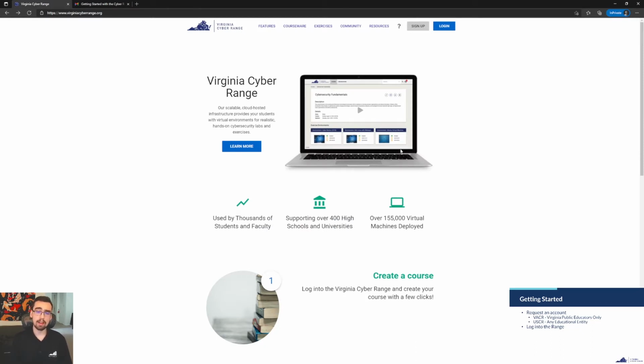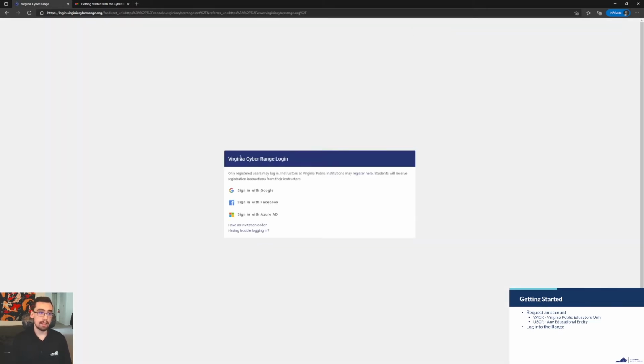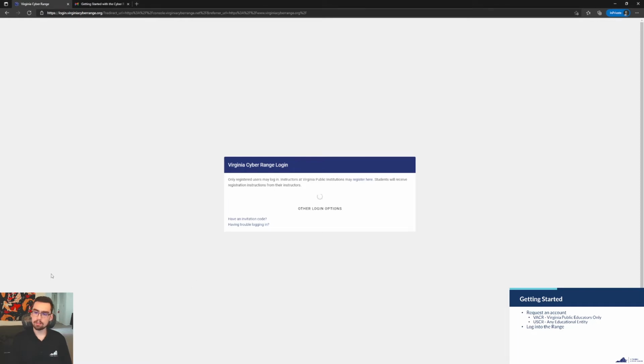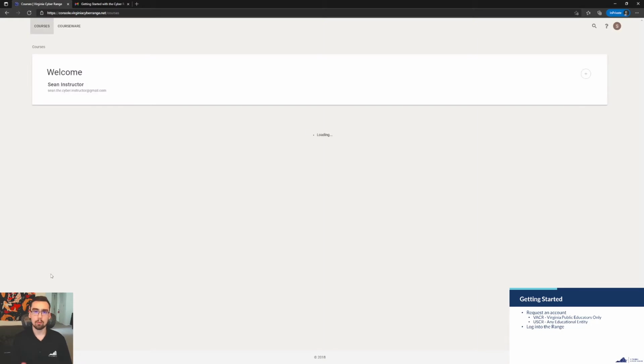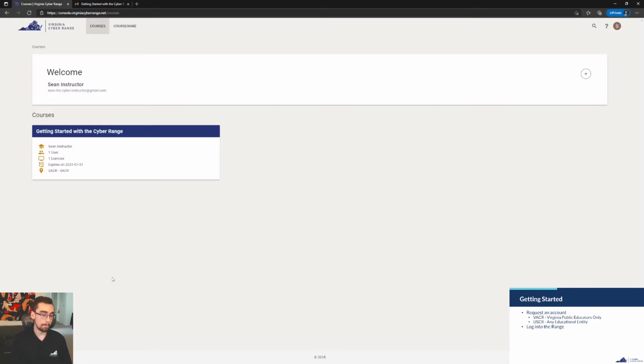Once you do that, you can always come back to the homepage to log in. And I'm going to do just that. So if we click on the login button, I created an account using Google, so I can use sign in with Google. And here's my account. And I know you didn't see that little pop-up, but there's usually going to be a little pop-up window where you can do that authentication step.